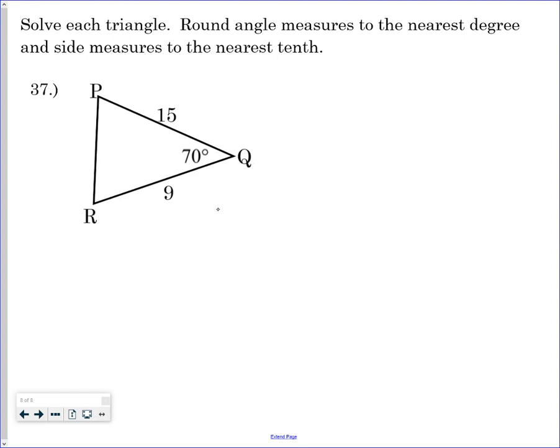On this one, I'm going to try the law of sines, but do you see that it's side, angle, side? Let's just skip to cosines. We know it's not going to work for sines, right? So I'm missing angle P, angle R, and side Q, right? I like to do that ahead of time so I don't accidentally find one thing and forget to find the other two,